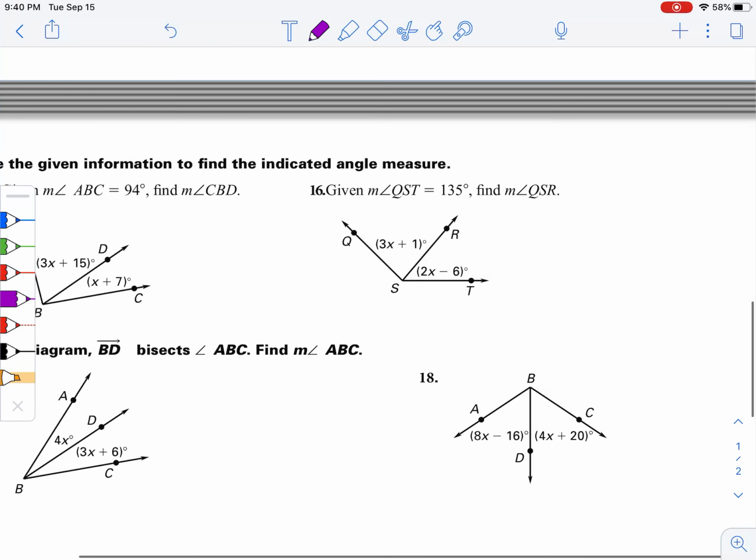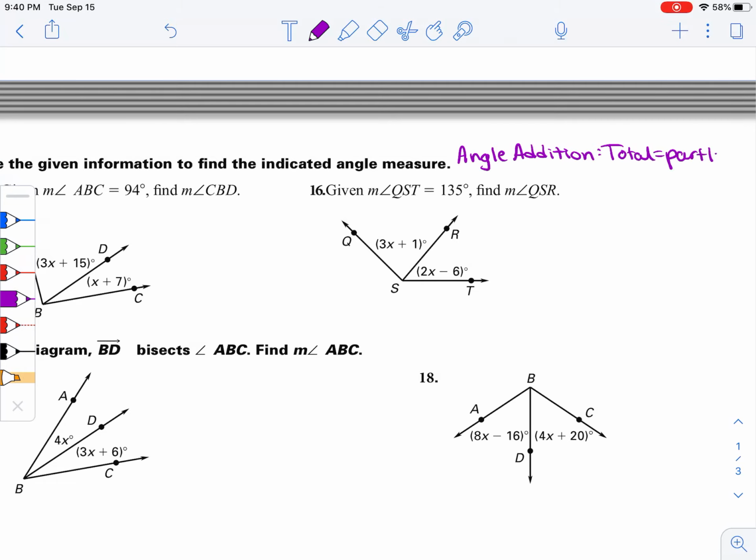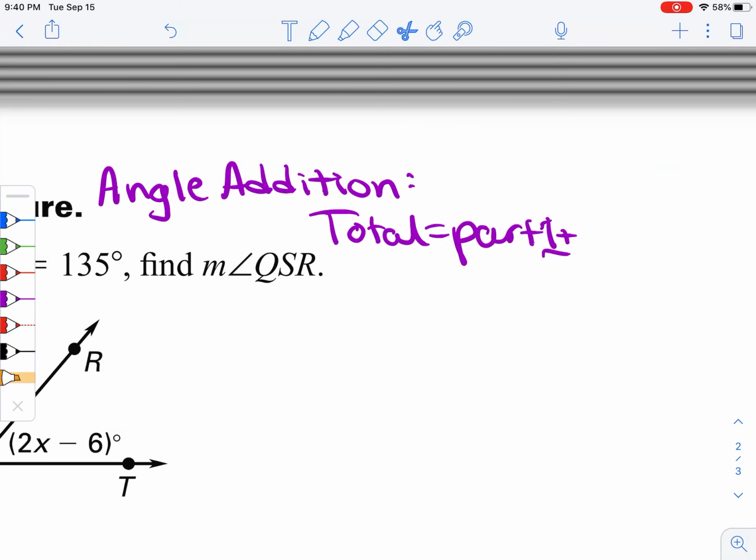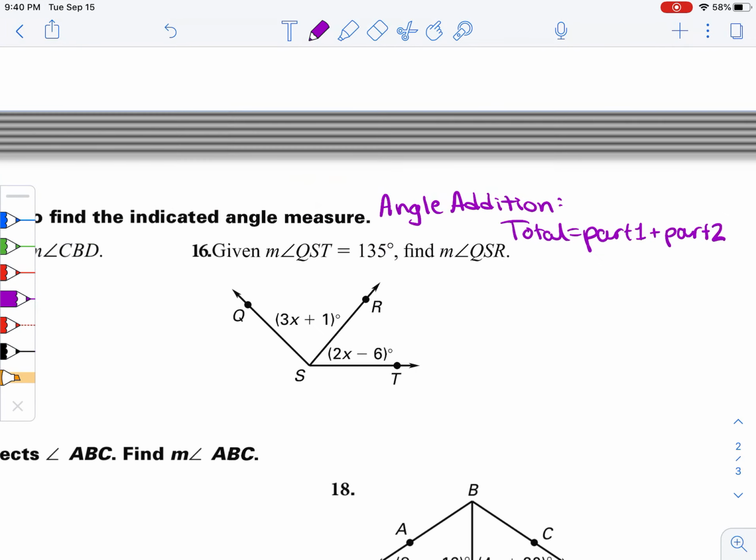15 and 16 are your angle addition postulate, which says that your total angle is equal to part 1 plus part 2. Sorry, running out of room here. Part 1 plus part 2. So if we look at the first one together,